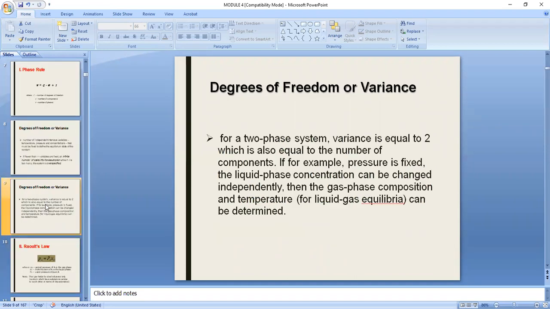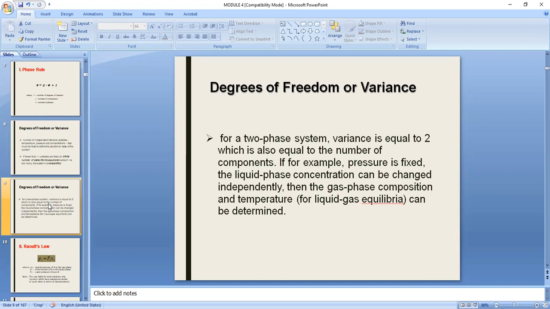Now, for a two-phase system, which is the case in our separation process, we don't cover multi-phase systems. Variance is always equal to 2, which is also equal to the number of components in our system. So, for example, most of the time the problem has the pressure fixed or specified by the problem, and one of the concentrations, either the liquid phase concentration or the gas phase concentration, is given, then the problem would